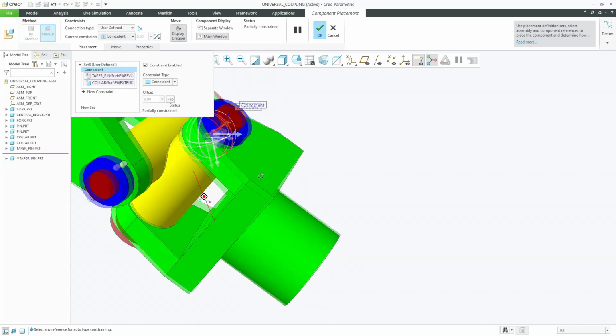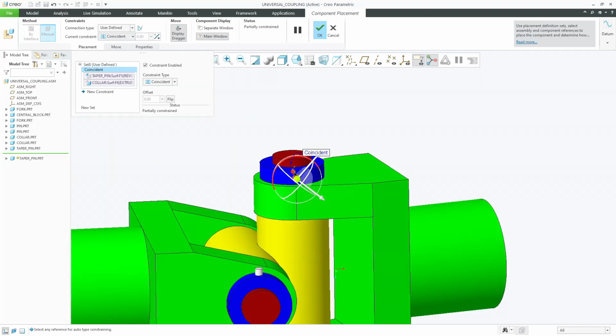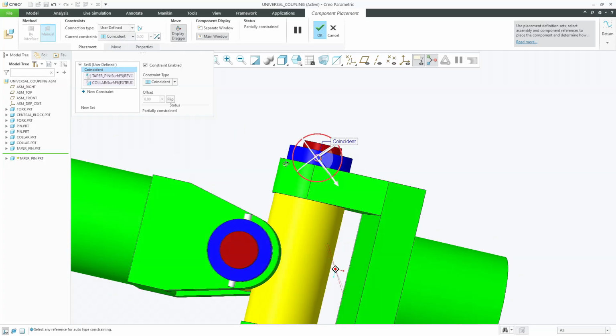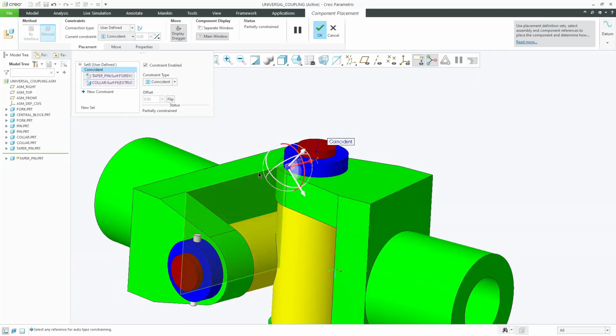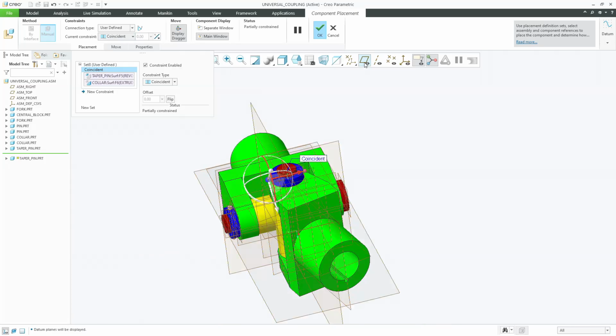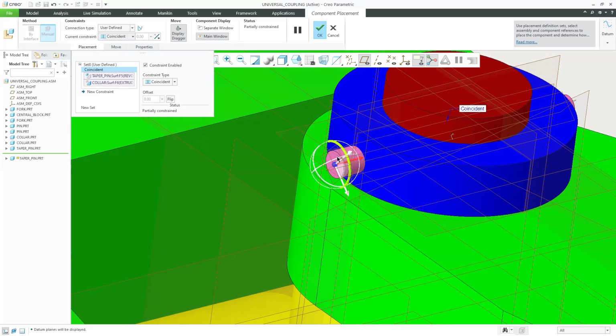Okay, here the reason is the collar pin has not been constrained in all degrees of freedom. So the collar has been oriented to the pin. The pin is not oriented to the collar. The collar has oriented the pin. So the only option here is I'm going to have a constraint like plane to plane, where I'm going to have a contact between